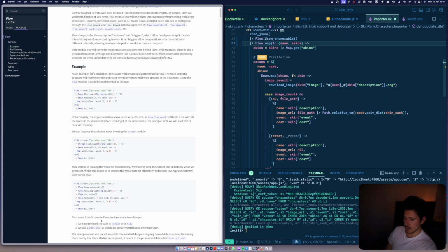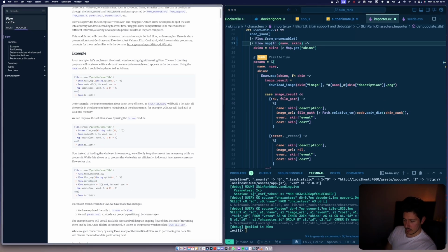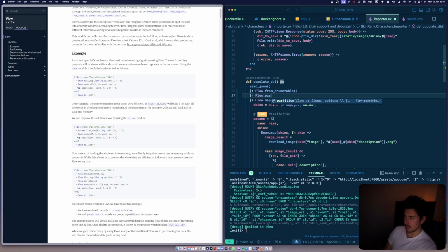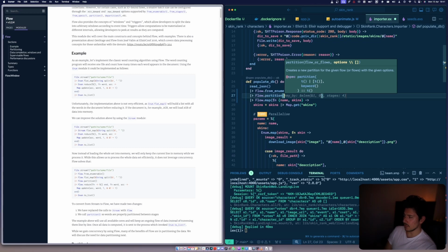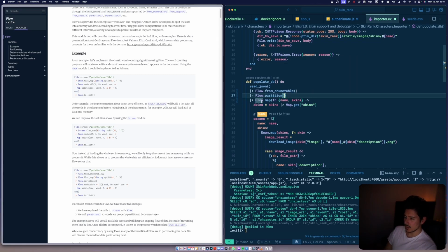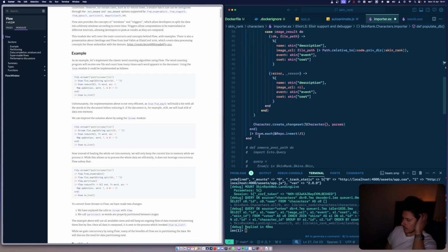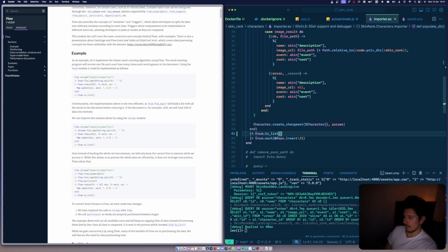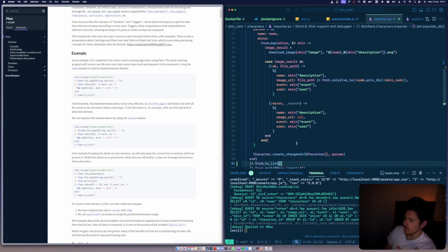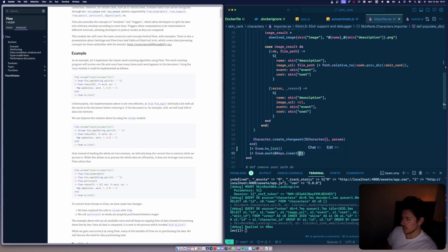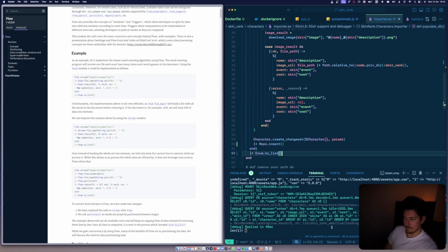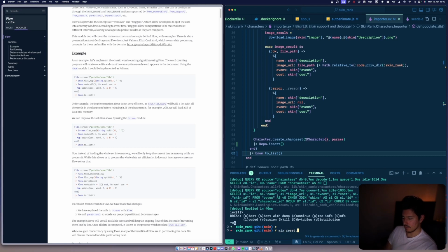And then what does Flow.partition do? Properly partition between stages. So I guess I want to do that at this point. Flow.partition creates a new partition for the given options. Yeah, okay, so let's default that. Flow.map. And then when I'm done, Enum.to_list. And then for each one we Repo.insert. Or, sorry, why am I doing this twice? We can just do Repo.insert here. Okay, let's try it. Might just break. Mix ecto dot